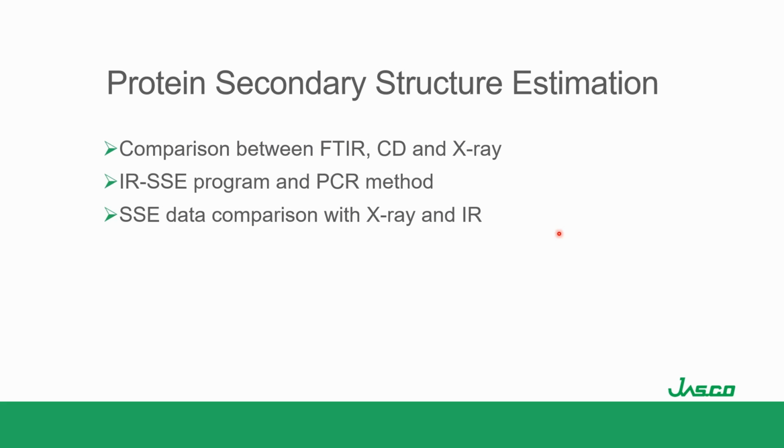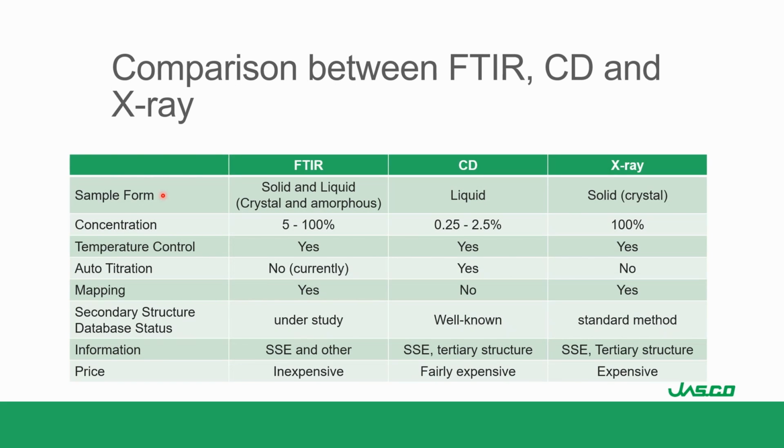For the protein secondary structure estimation, I'm going to compare the techniques and then talk about the secondary structure estimation program using the technique of infrared, and then make a comparison between all the techniques at the end of the webinar. So I'm going to be talking mainly about FTIR and comparing to X-ray. X-ray is a technique that is very well known. Basically, we are looking at solid samples that are crystals. Of course, because we are talking about solid samples, the concentration is 100%. In X-ray, it's possible to have temperature control, also do mapping. It's a standard method, and the information that we can get from proteins are secondary structure, tertiary structure, but it's quite an expensive technique compared to